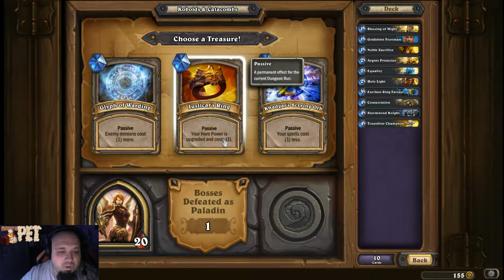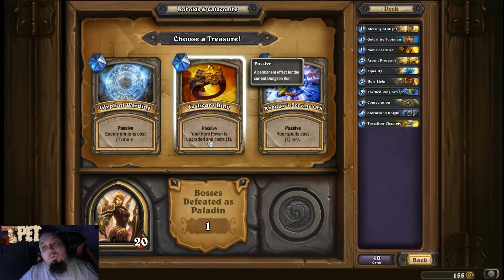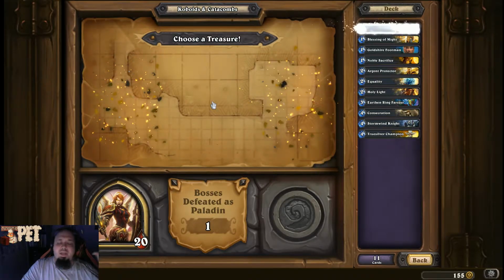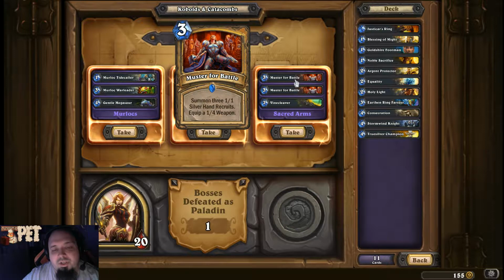Passive, your hero power is upgraded and costs 1. That's nice. Passive, your spells cost 1 less. This will be for my whole dungeon run, and I actually like this idea. And you kind of need to choose the heroes and the cards, and now basically I get to choose. That was the treasure, and this is the loot, and depending on what build you are going for, you need to pick cards that will have synergy with other things, right? So